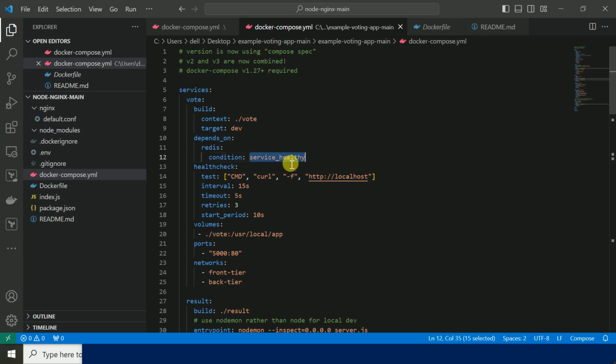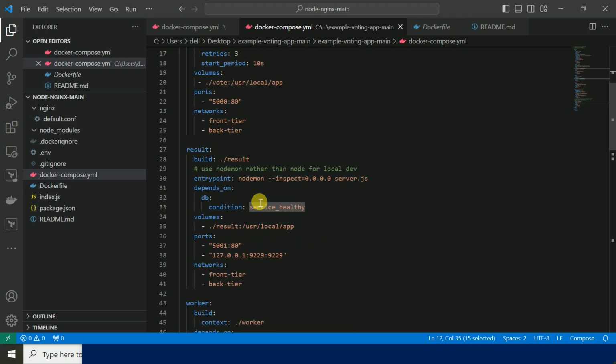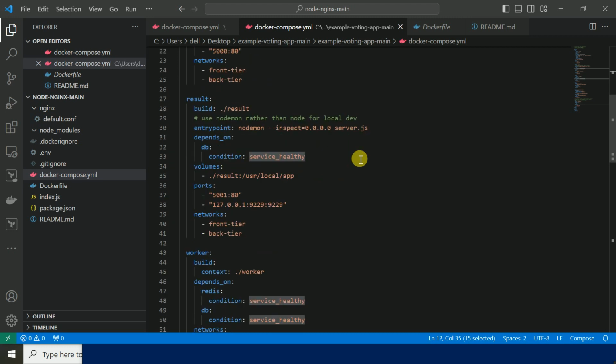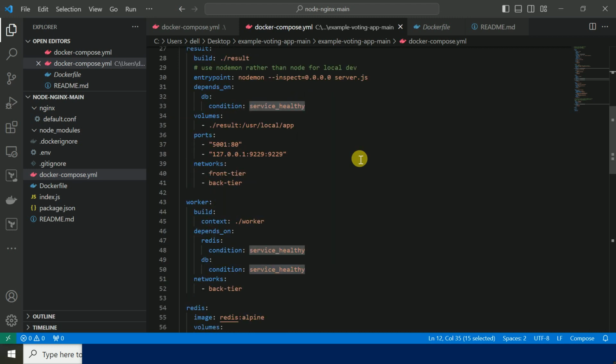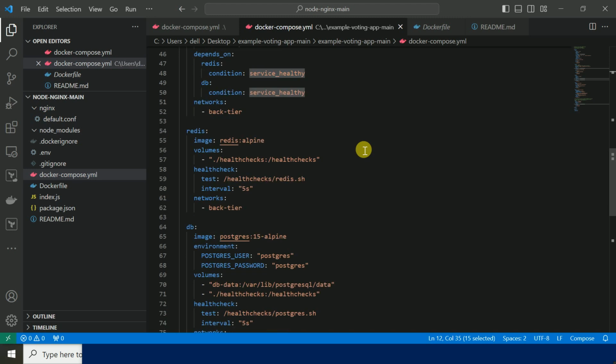Redis has some health status set with the localhost interval time period. So you can use this Docker Compose for the advanced way of running applications.